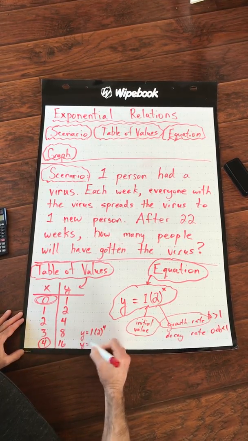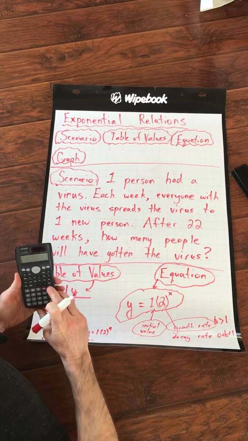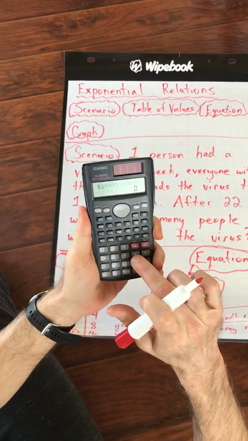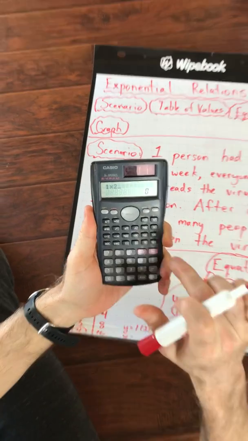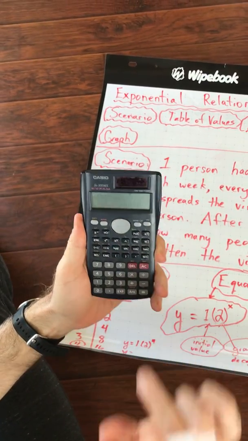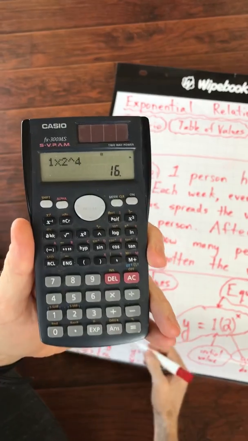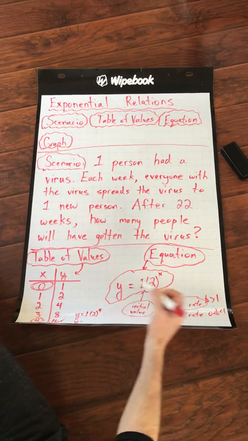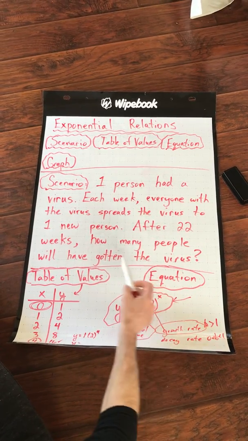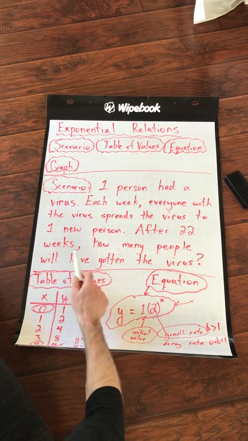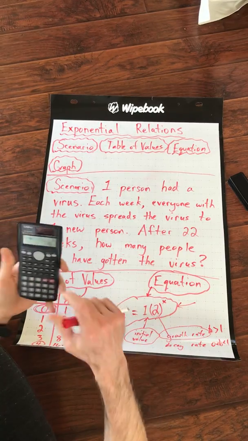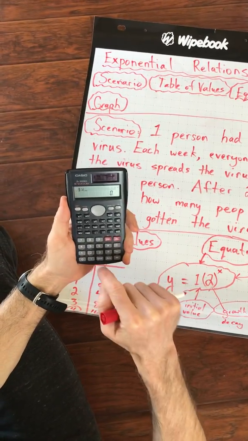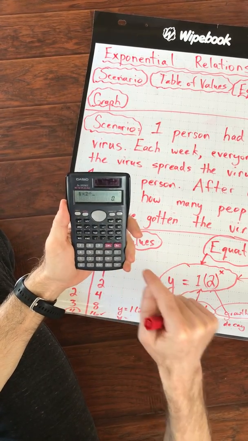Let's go on our calculators and see. Can we get a close-up here? 1 times 2 to the power of 4 equals, and sure enough, it equals 16. Now that I have the equation, that's awesome, because I could answer our question. After 22 weeks, how many people will have gotten the virus? All right, let's go to the equation. 1 times 2 to the power of